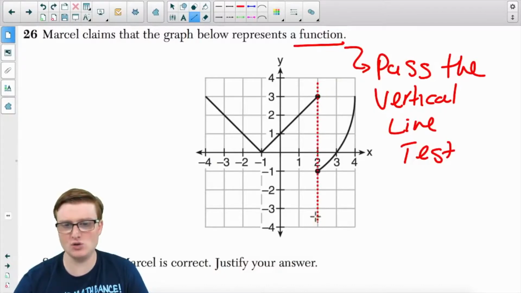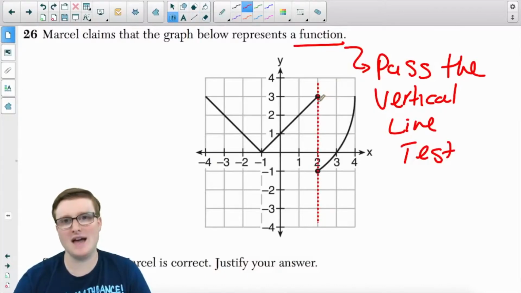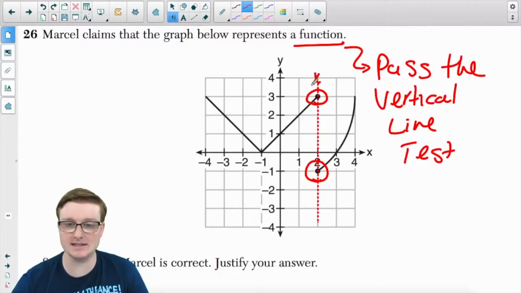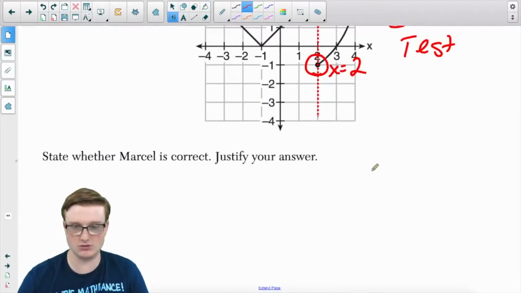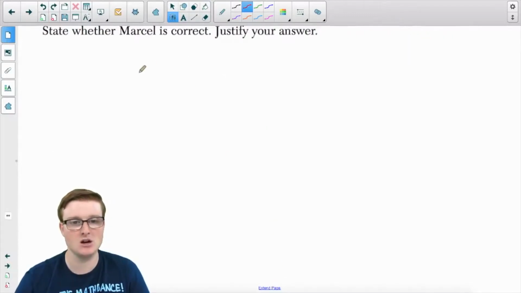There are 2 values of y for one x value. So in this case, the x values repeat. This is x equals 2, and this is also x equals 2. So state whether Marshall is correct. Justify your answer. We're going to say that no,